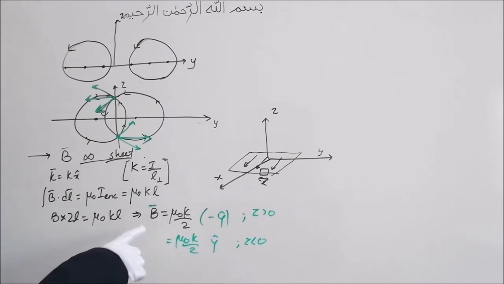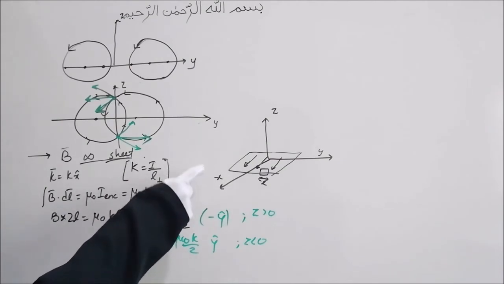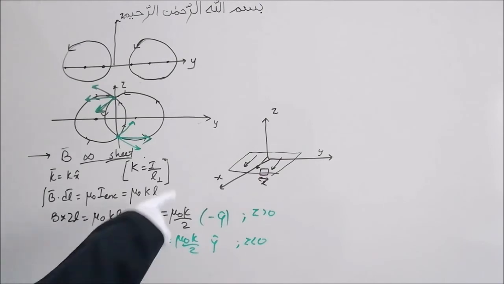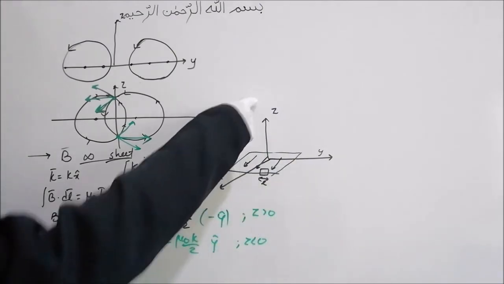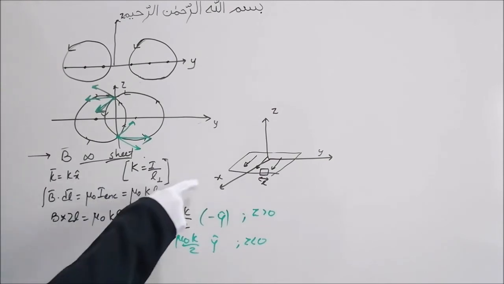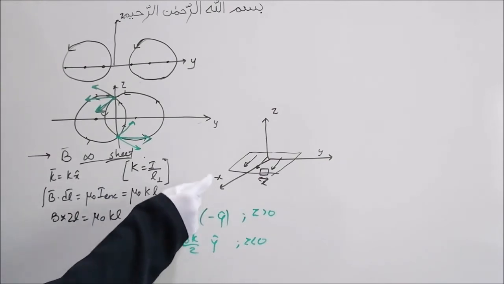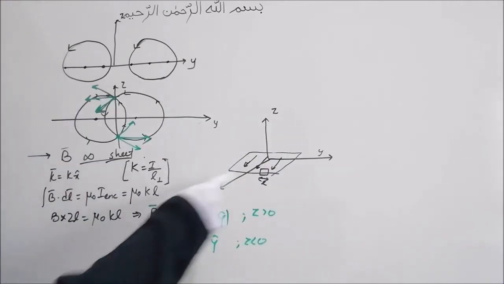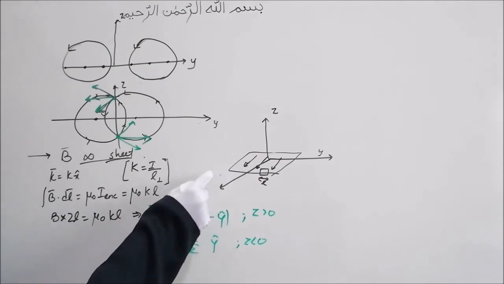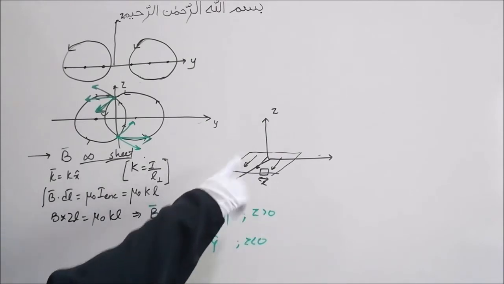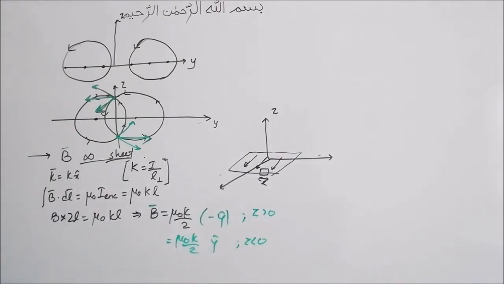So in exams, you will get wrong answers if you are not careful. You have to be careful in which direction you point the x, y and z axes. We have already seen that y cross z should give you x. We have already seen the right way of deciding which direction will point x, which will point y and which will point z. You have to be careful about that, because if I had y here and x here, then all the work I do will give the wrong answer.